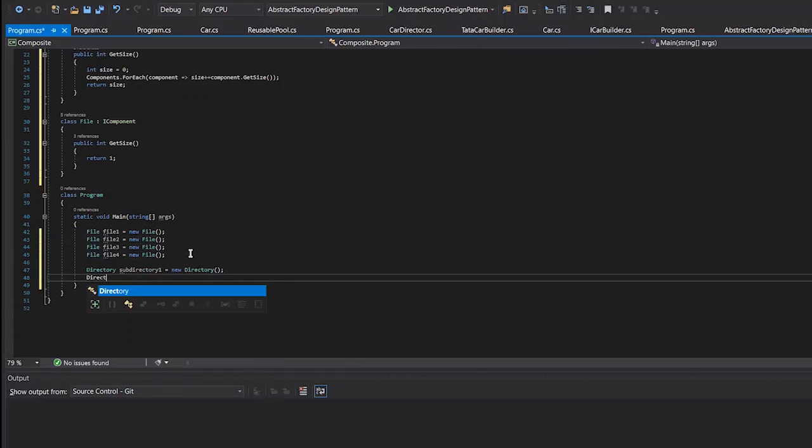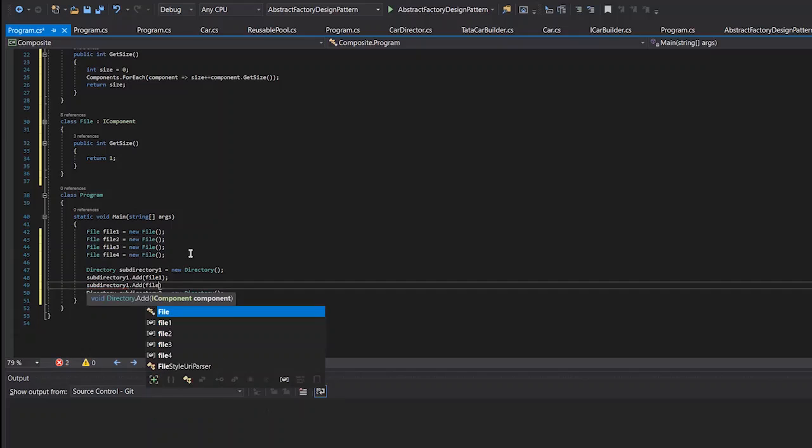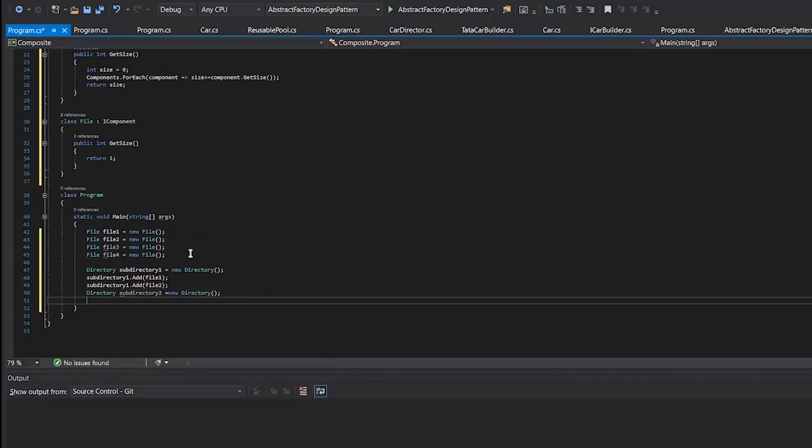I'll create one more directory, subdirectory 2 equal to new directory. Let's insert file 1 and file 2 into subdirectory 1, and file 3 and 4 into subdirectory 2. So I will insert subdirectory 1 dot add file 1, subdirectory 1 dot add file 2. So you can see here we are creating a tree-like structure between files and directories.